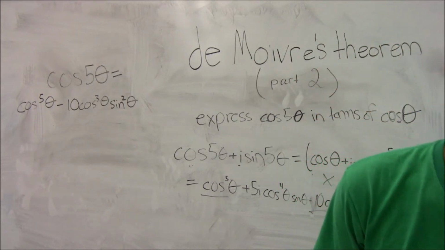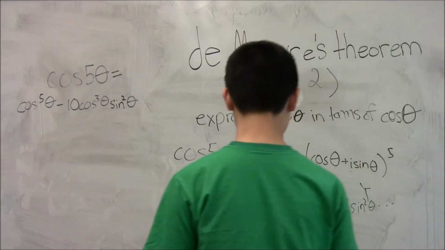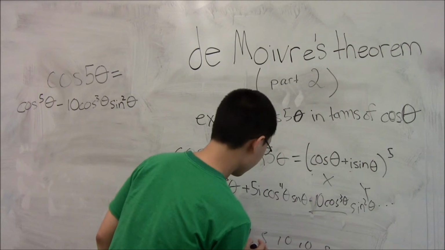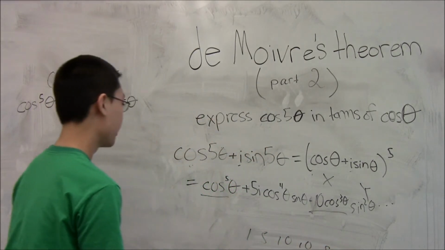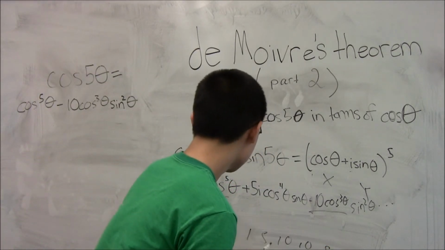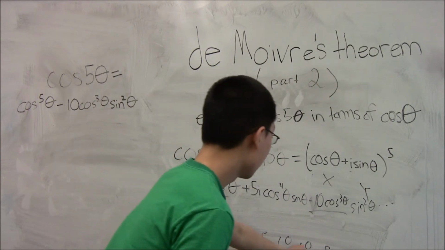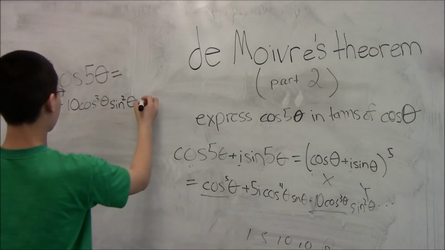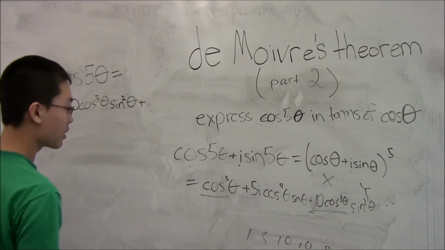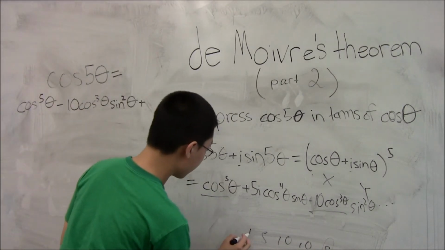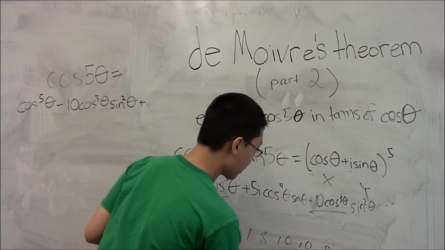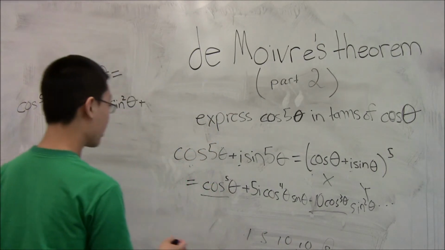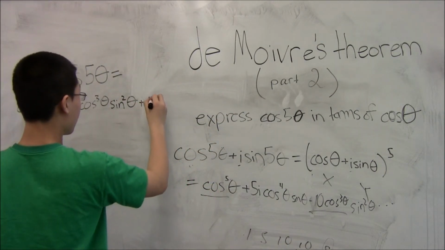10, 10, 5, 1. Yeah, that's what I thought. Okay, 1, 5, 10, 10, 5, 5th, 4th, 3rd, 2nd. Okay, so we got it. So this was 10, corresponds to this one, and the next one plus, I believe, so x to the 5th, to the 4th, 3rd, 2nd, 1st, right? So plus 10